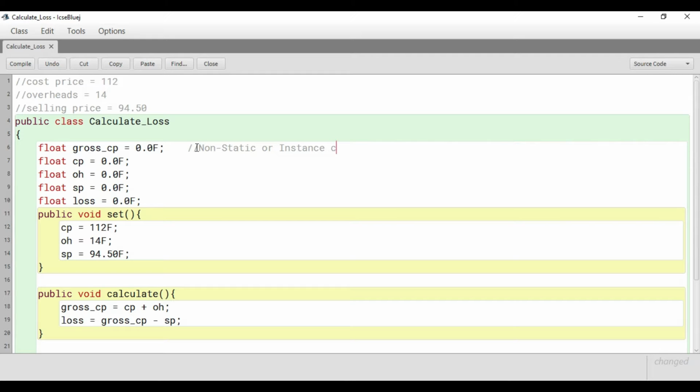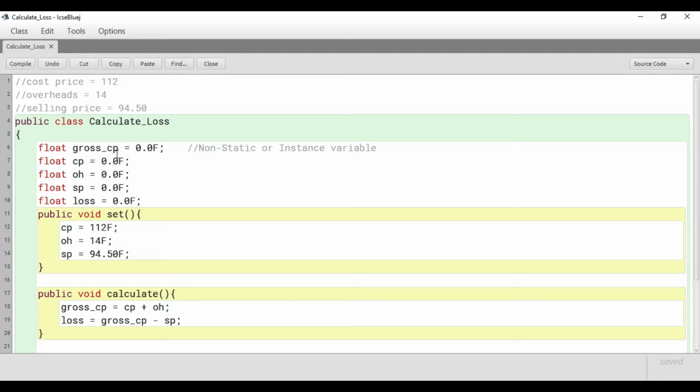You should always write comment lines as you proceed. Since we are going for the float data type, here I have written F. F symbolizes that it's a float type. Since we are working on a very small amount of value, our value range is very small, so that's the reason we have gone for float. Had this been a large value or a large range of values, then we would have gone for double.